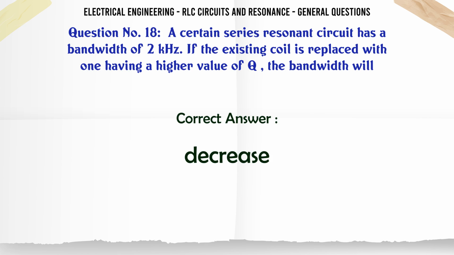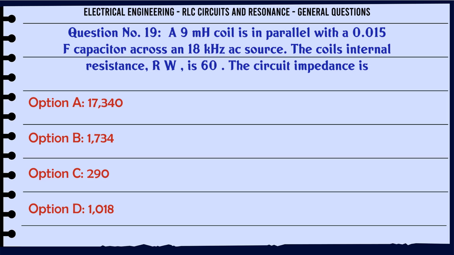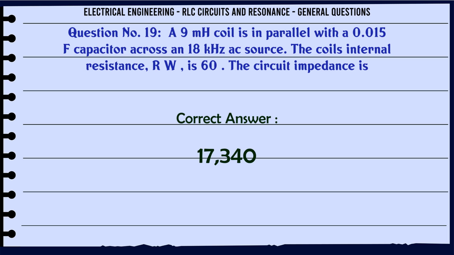The correct answer is decrease. A 9 mH coil is in parallel with a 0.015 µF capacitor across an 18 kHz AC source. The coil's internal resistance Rw is 60. The circuit impedance is A 17340, B 1734, C 290, D 1018. The correct answer is